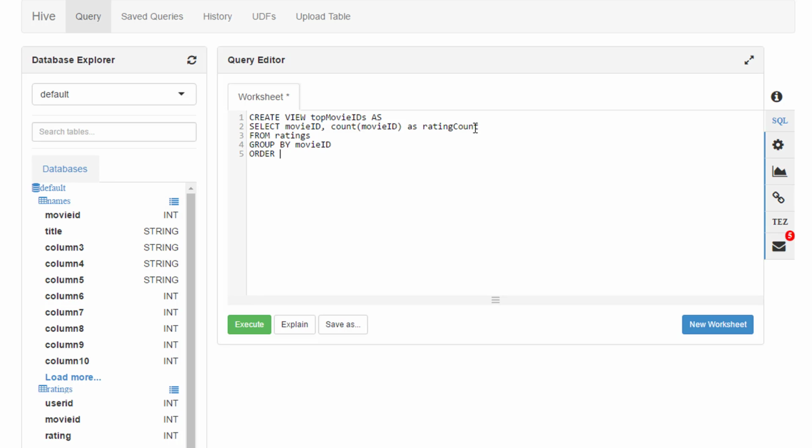And to do that, we say order by rating count desc, for descending order. Okay. So at this point, we're going to end up with a view called top movie IDs. It should contain 2 columns, movie ID and rating count. Okay, but we want names. We don't just want IDs. So let's go ahead and join those results from that view with our names table to actually get something human